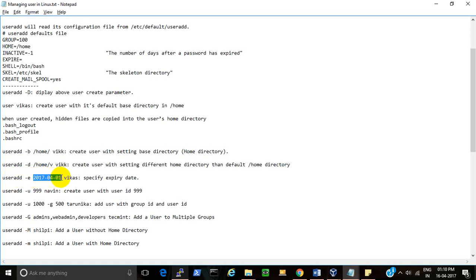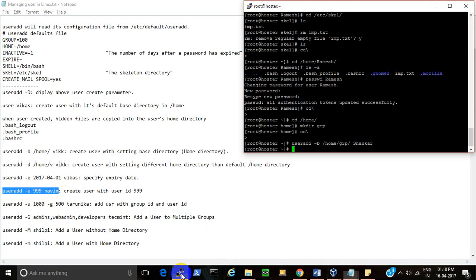useradd -e. This takes the date and the username. It specifies the expiry of the user. If you create the user Vikas with an expiry date, you have to use -e with the date, on what particular date you want to expire the user. You can also fire this command. And there is a command used to set the UID of the user. If you want to create a user with a particular UID, you have to use this command, like